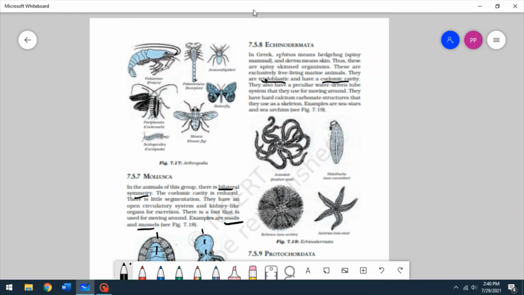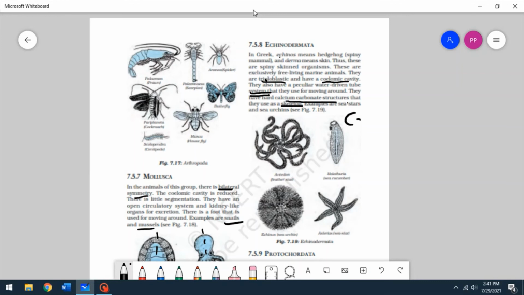Alright, so did you notice the word system here? That means they're beginning to have a small system for some function. So for moving around, they have a small water-driven system. Echinoderms have a small system for moving around. They have hard calcium carbonate structures that they use as a skeleton. So they have such a skeleton that is made up of